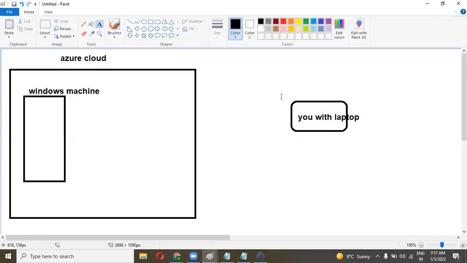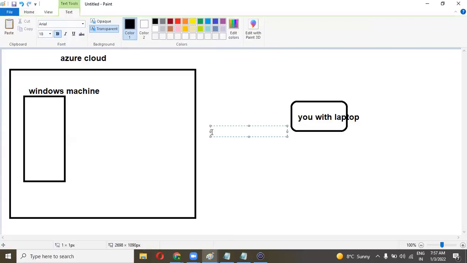You want to install something on that machine. The first way is you connect with the RDP and then install with the GUI based, meaning the graphical interface.